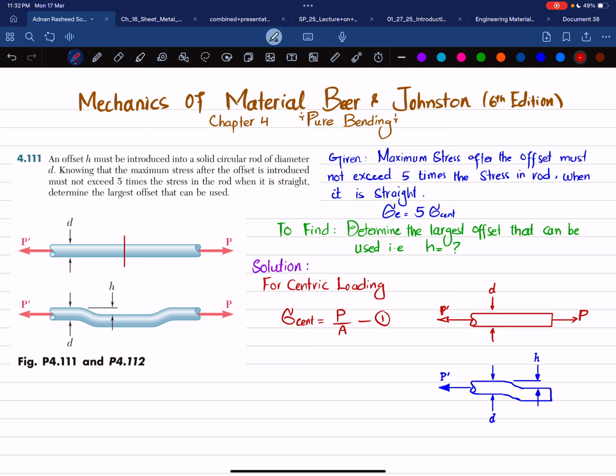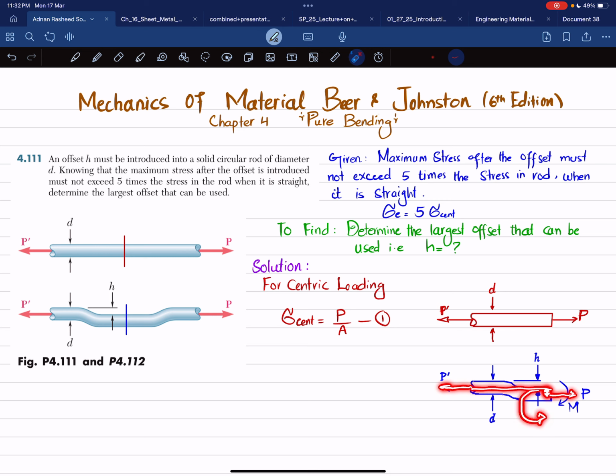Now you can see when the rod is given an offset of H, and we cut it over here, for this I will choose this blue color. If I again cut it and draw the free body diagram, at this end you will definitely have a centric load equal to P, and you will have a moment as well. Why? Because this is no more centric. One load is applied over here and the other load over here, and in between these two there is an eccentricity or offset distance,